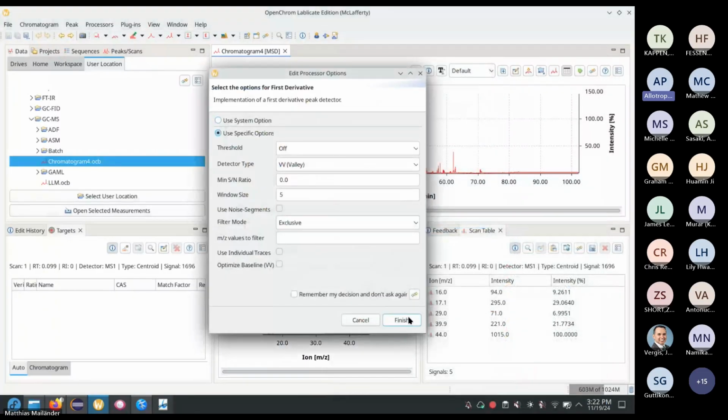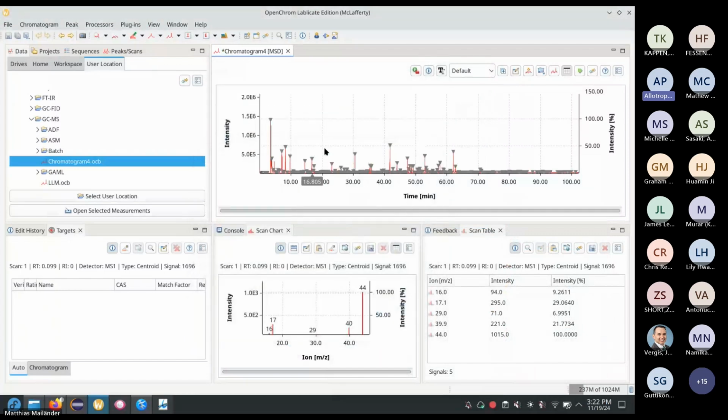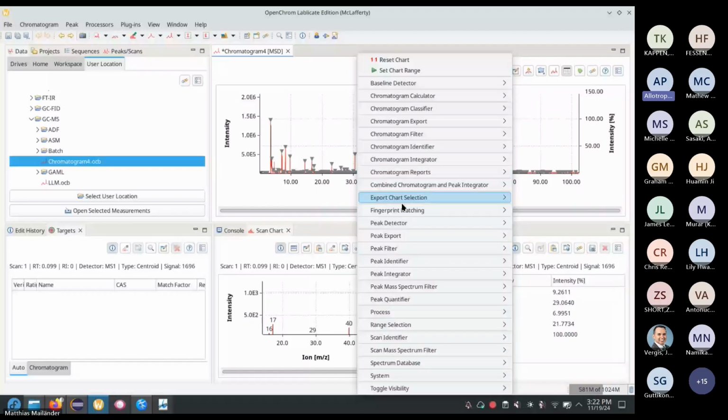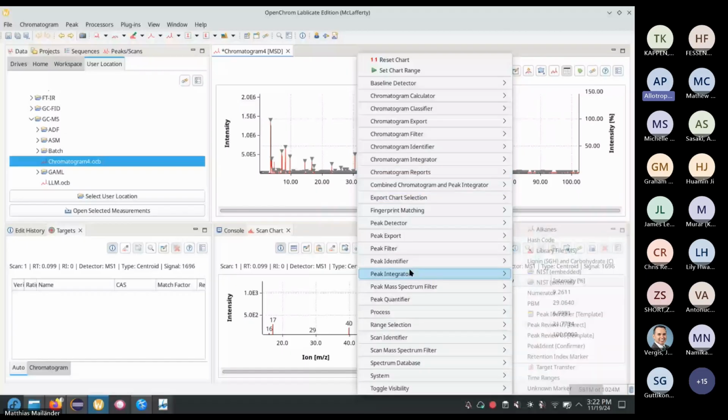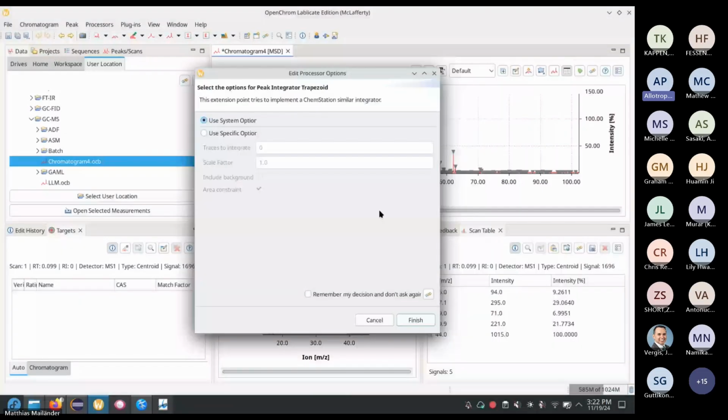It's the simplest one. It's also open source. Just takes the peak maxima. And now we see lots of peak indicators, but it's too much. So maybe at first we go for peak integration. This might be strange for people who are used to